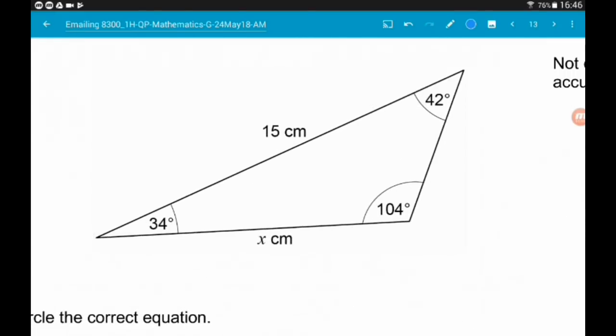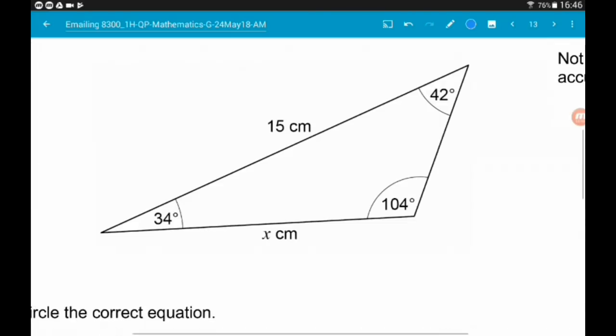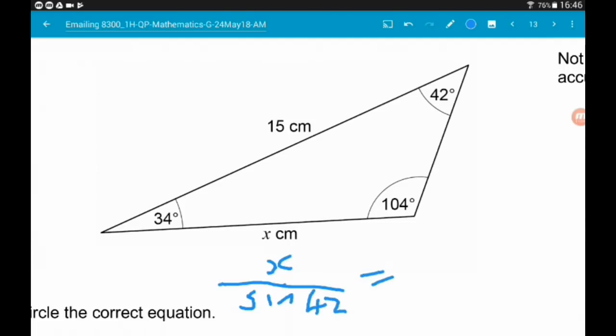So the sine rule says that a side, so I'm going to go for x here, over the sine of the opposite angle. So here we got x over sine 42 is equal to any other side divided by that opposite angle. So here we can go 15 over sine